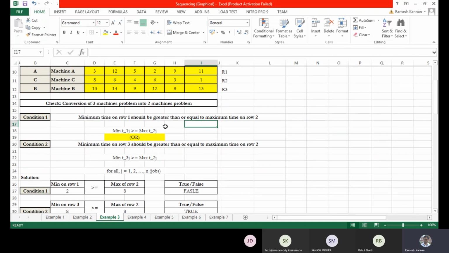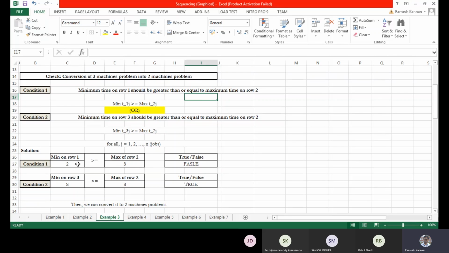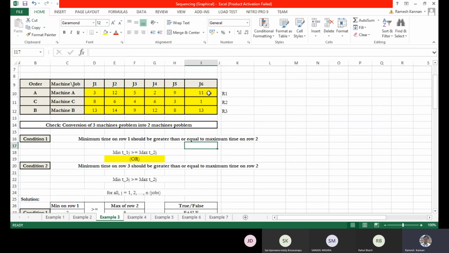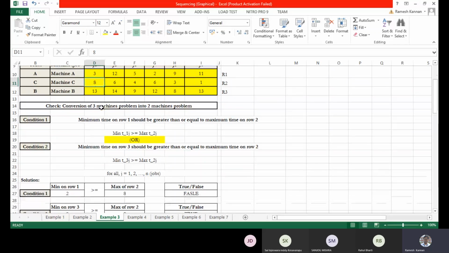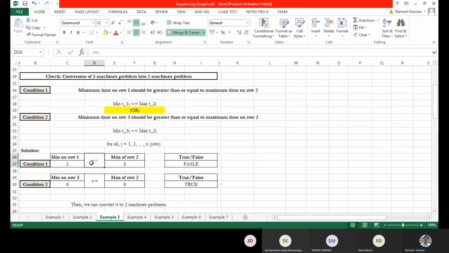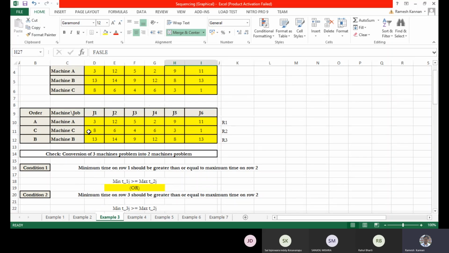Let's take a look at it. This is condition 1. What is the minimum of row 1? The minimum of row 1 is 2. And what is the maximum of row 2? The maximum is 8. So 2 is not greater than or equal to 8, which means this condition is false. The next one, the minimum of row 3. What is the minimum of row 3?